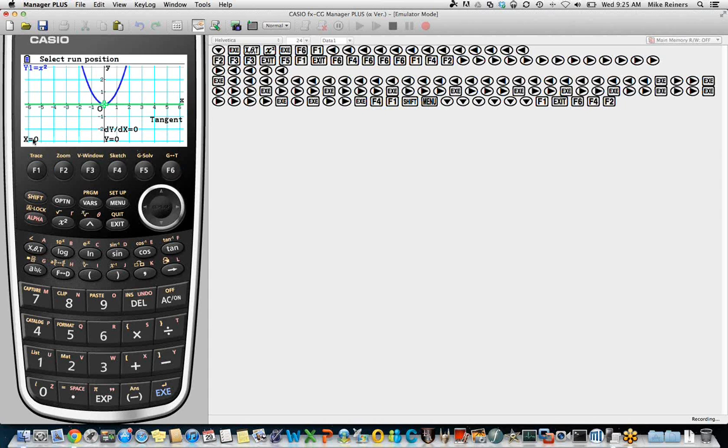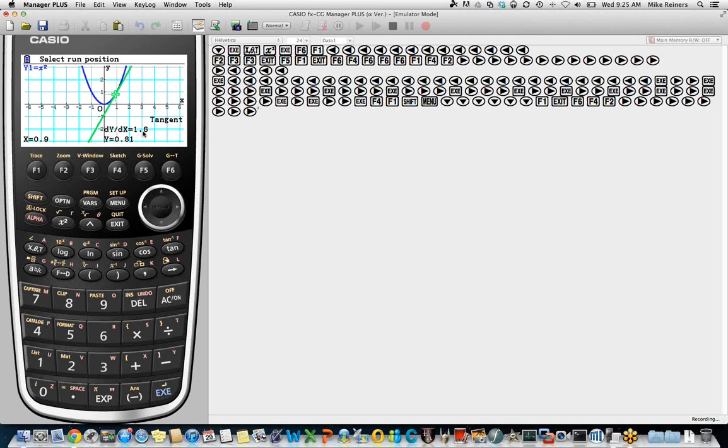And you'll notice now not only do we have the coordinates of the point of tangency, but we also have an indicator here of the value of dy dx. And as math teachers, we know that that value is equal to the slope of the tangent line. So again, this is really nice to use for investigation and an understanding of really what that derivative means. If we start to now move along that graph, the coordinates of the point of tangency change, but also the value of the derivative changes.